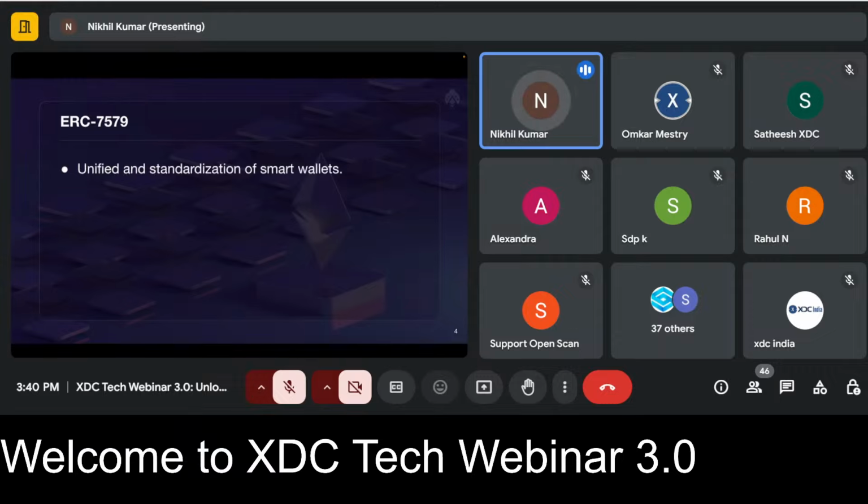So with this ERC, the major benefit is that it unifies and standardizes the smart wallet implementation. Prior to this EIP, the smart contract wallet implementation between organizations used to differ a lot. Because of that, there was a lot of friction with integration. Module developers would always have to worry that a module might not work with any other smart contract implementation, and it was almost impossible to develop modules which would work and be easily integratable with all the smart wallet